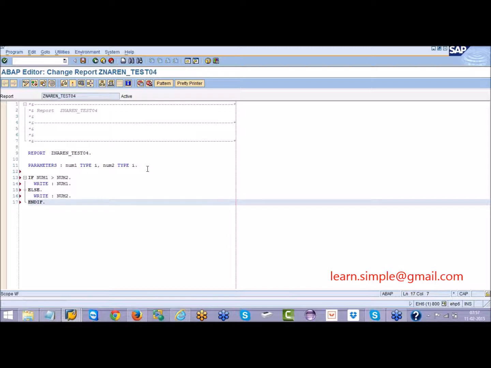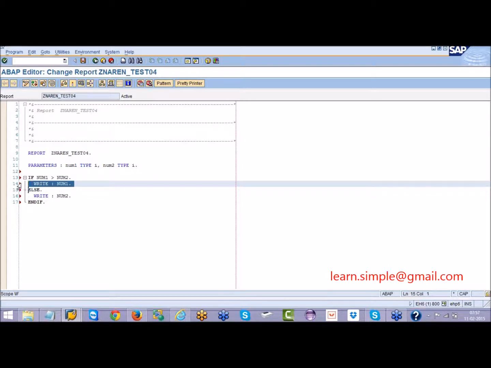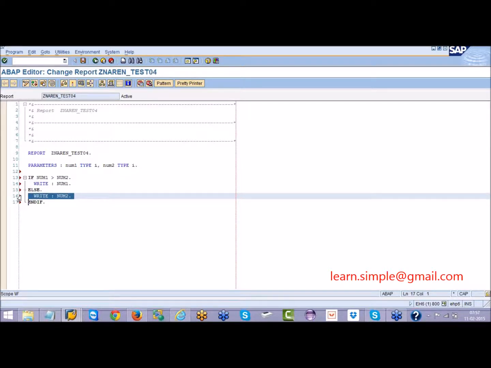So in your program, you have to use the if condition like this. If condition will always have an end if. If the if condition fails, for example if num1 is not greater, obviously num2 is greater. So if num1 is greater, you write num1 in the output. Otherwise you write num2 in the output.